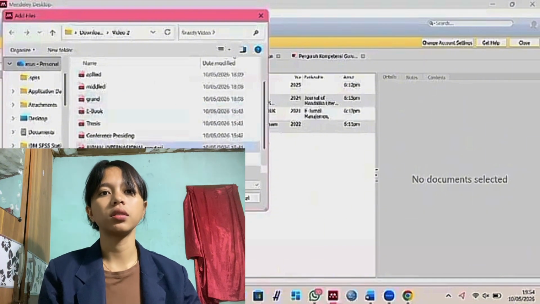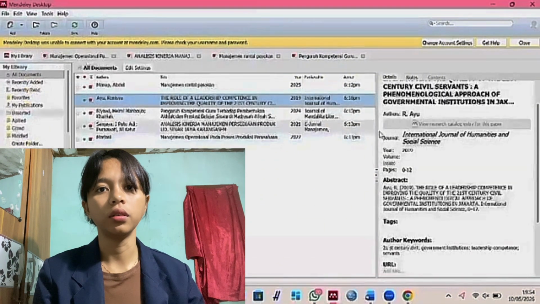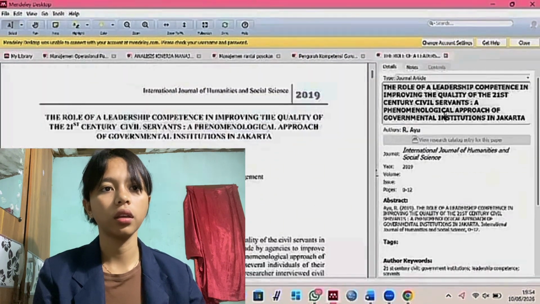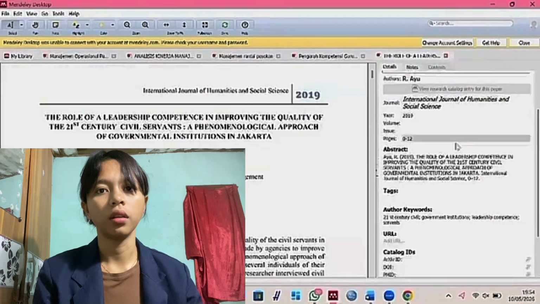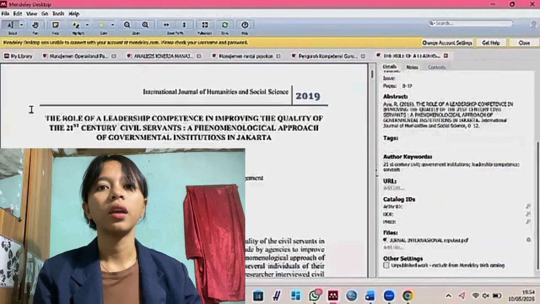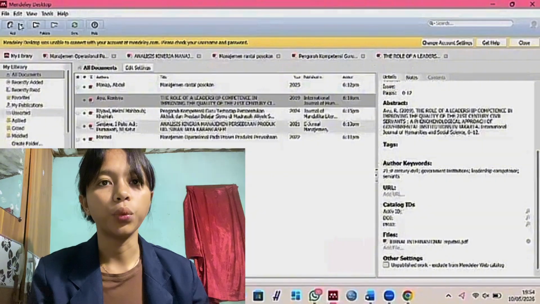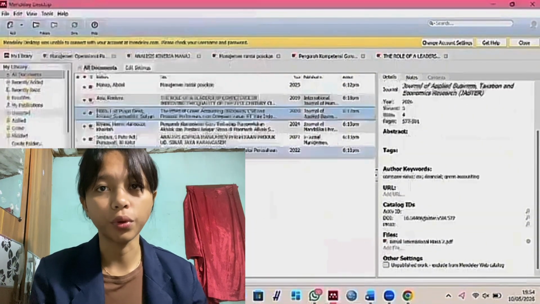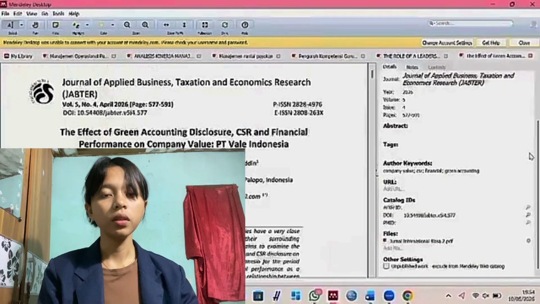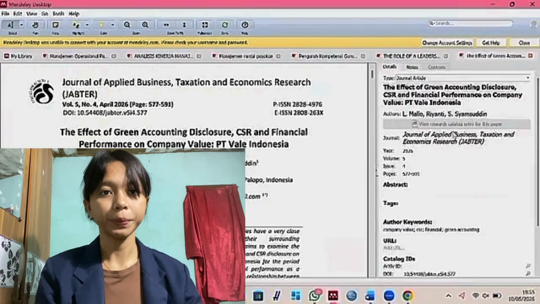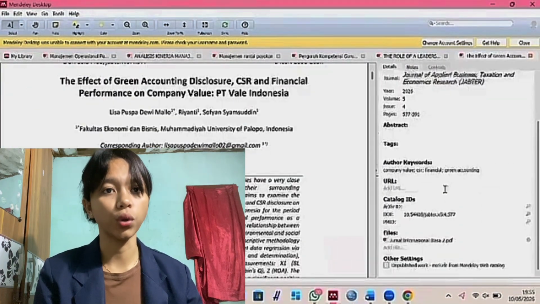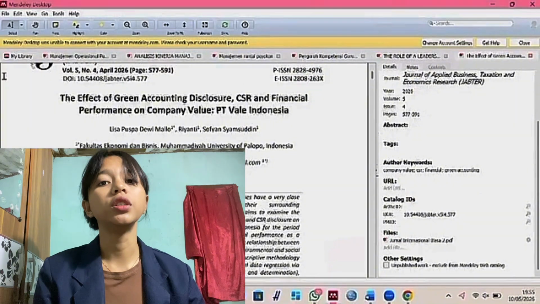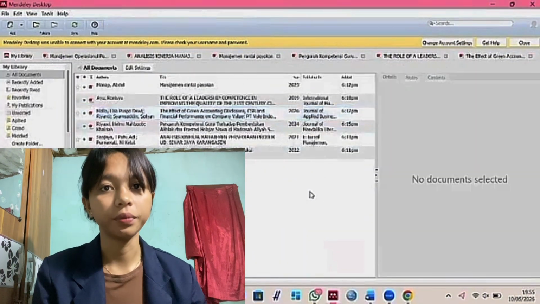Next, click open and wait a moment for the upload process to finish. Now everyone, please pay close attention to the document type.